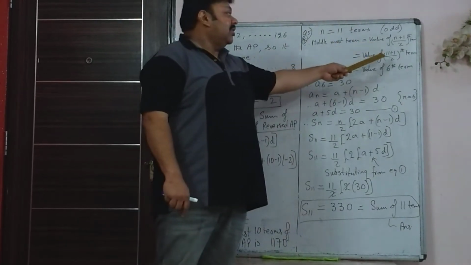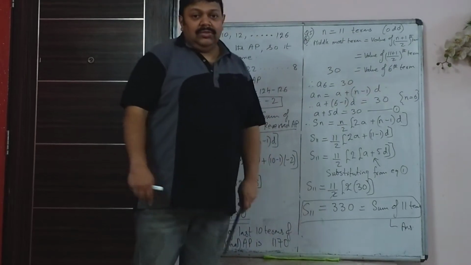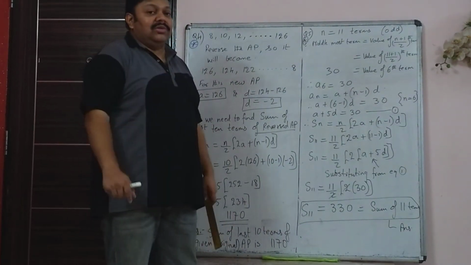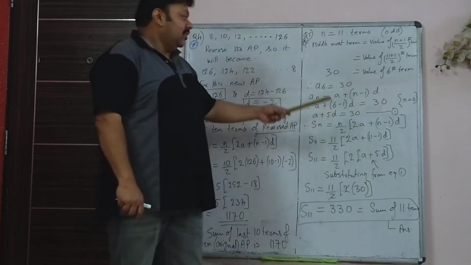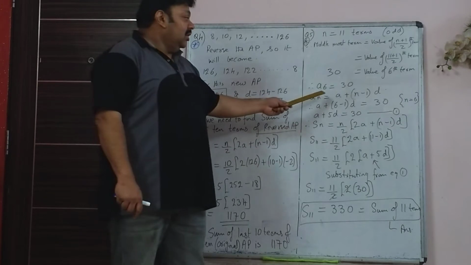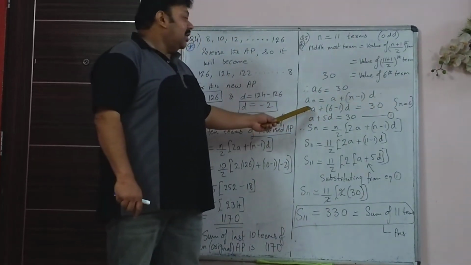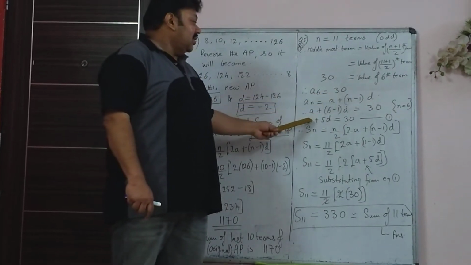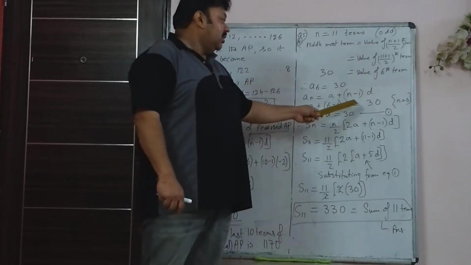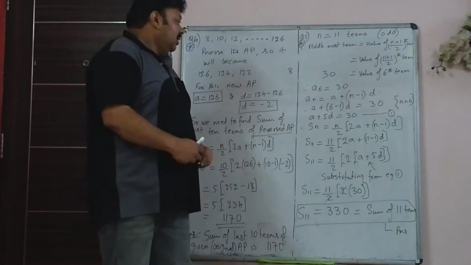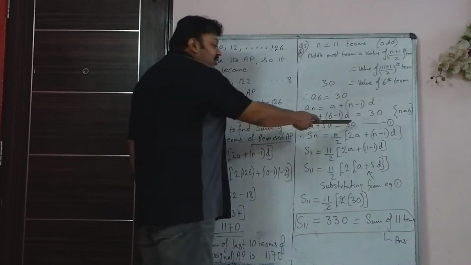So that will be (11 plus 1) upon 2, the sixth term, whose value is given as 30. The question says that the middlemost term is 30. If there are 11 terms, the middlemost term is the sixth term, so the sixth term is 30. From that, using an is a plus (n minus 1)d, we get an equation: an is a6 if n is equal to 6, so a plus (6 minus 1) into d is 30. So a plus 5d is equal to 30. That is the equation that we have got.